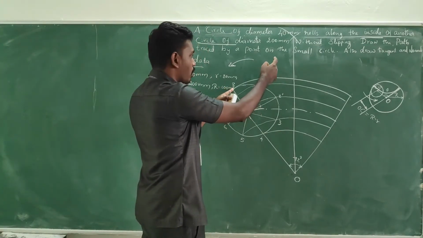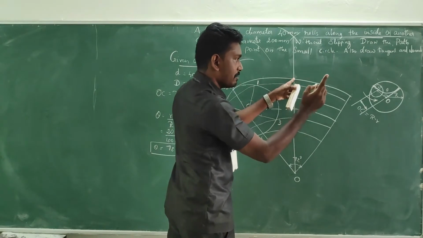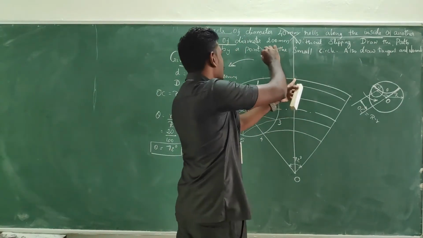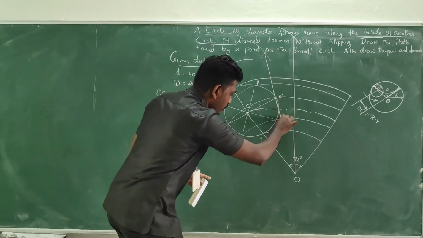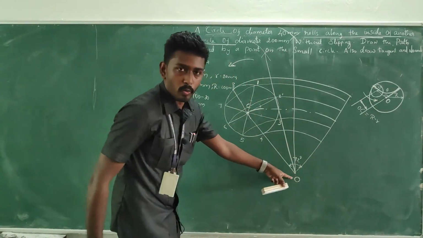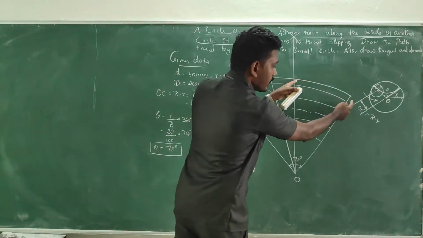Keep at the one end and just go for an arc. And keep with the same measurement on the other end and go for an arc, so that you will get an intersection point. From that you can drop a line to the O. The same thing should be followed in the next segment. So this is our segment.